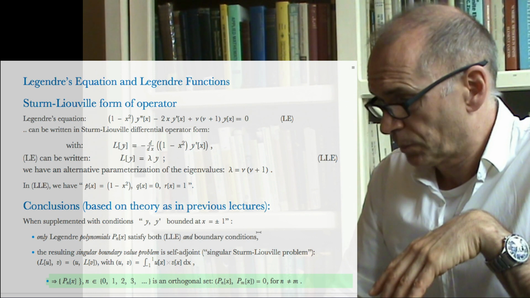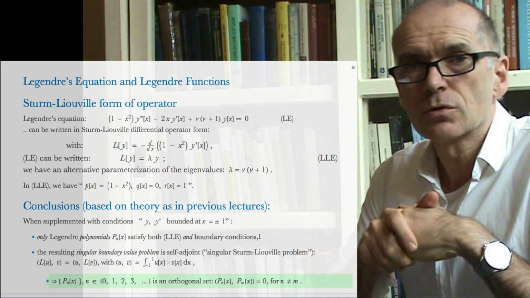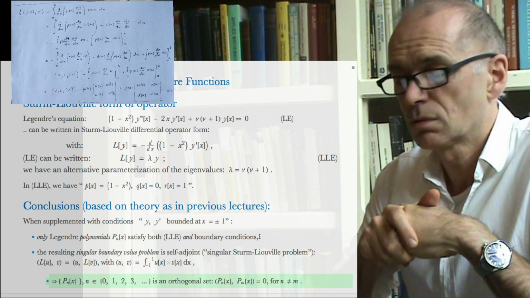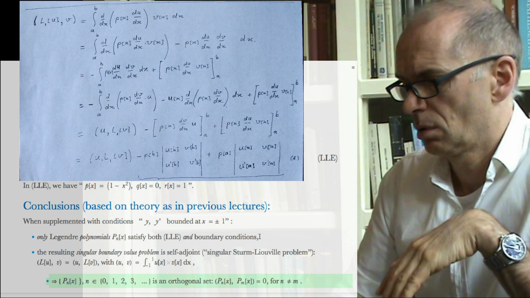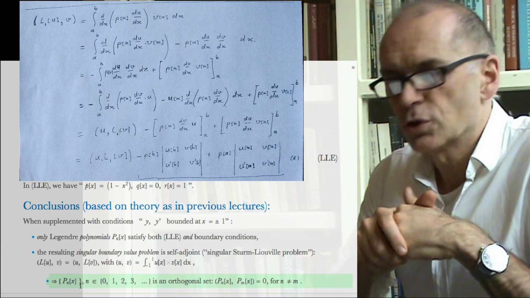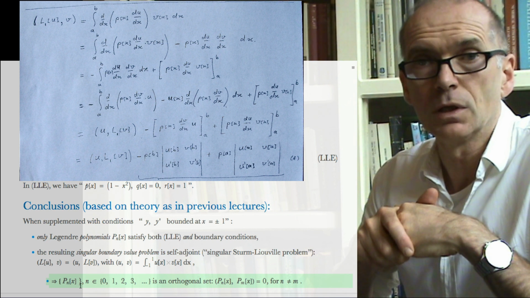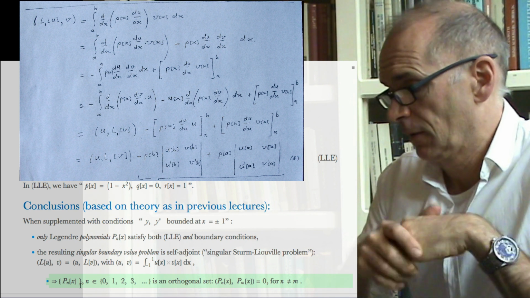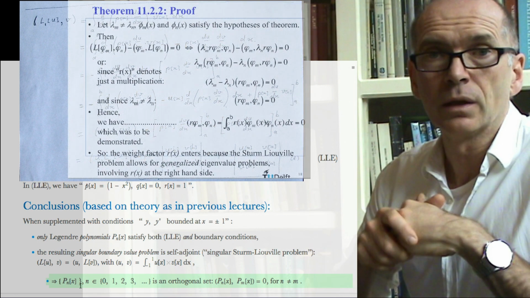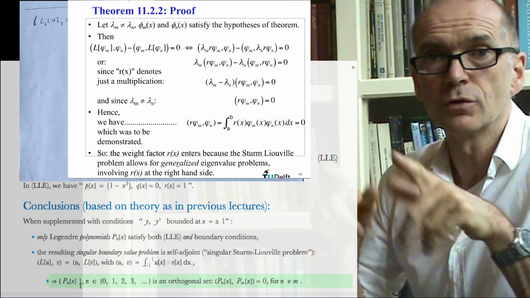And hence, if you do satisfy those boundary conditions, then the problem will be self-adjoint, and hence it follows that the set of Legendre polynomials itself is an orthogonal set and a basis. And the proof of that is exactly the same as that we had in the context of regular singular Sturm-Liouville problems. If you have this self-adjointness,